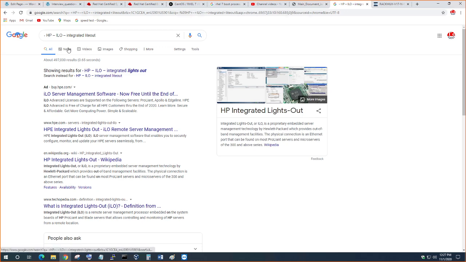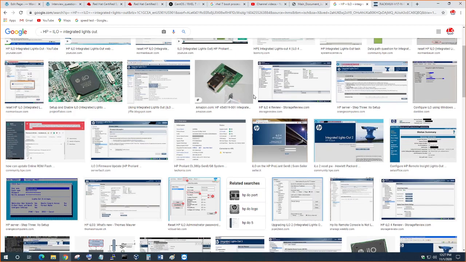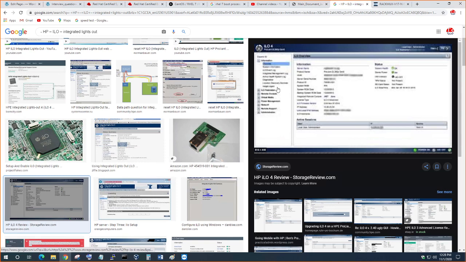Yeah, this is what it looks like, HP iLO. You know, just sitting from a desk, and you could control it. You know, you don't have to physically go in there. And then you could see